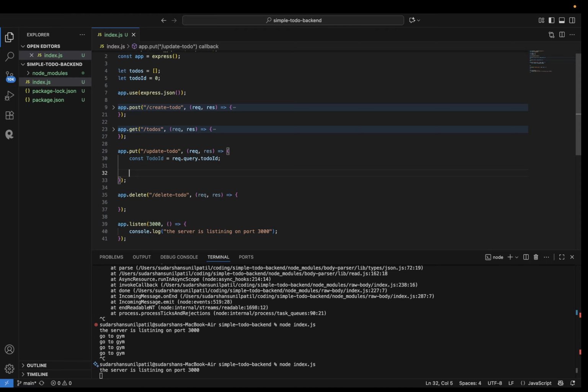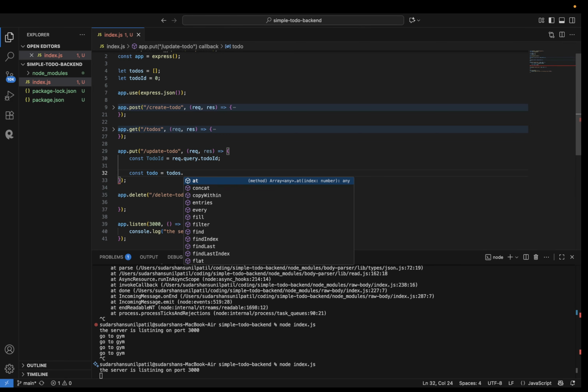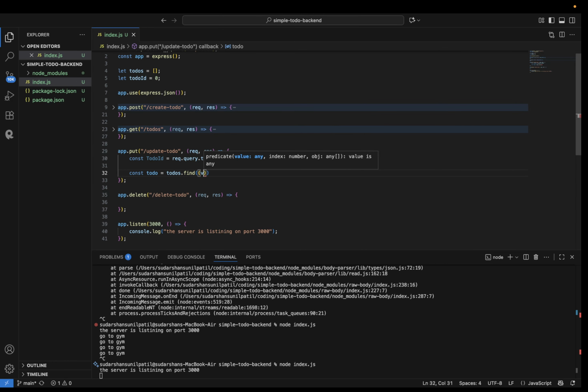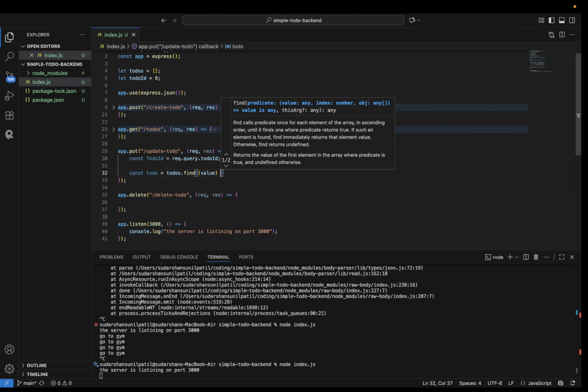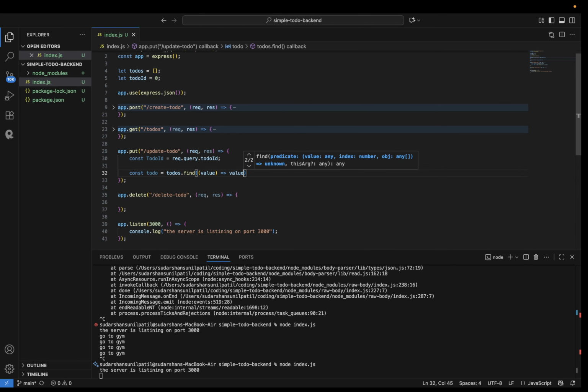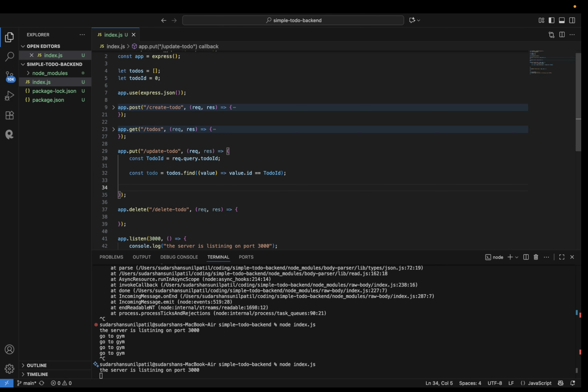Once we get the id, then we find it in the to-dos array with to-dos dot find, value dot id is equal to to-do id. We have to find that. If else,